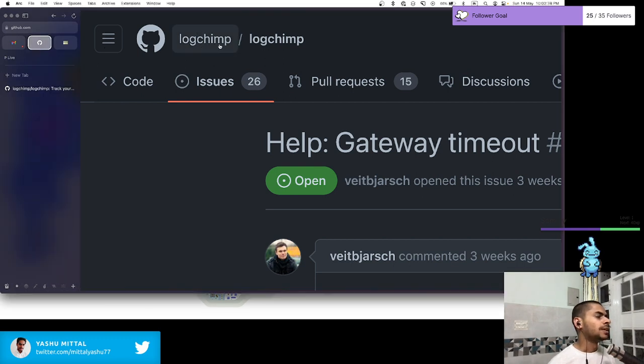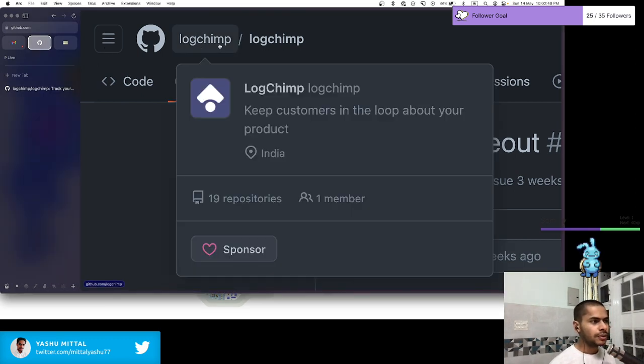Okay, so as I was saying, Lockchimp is an open source software which allows